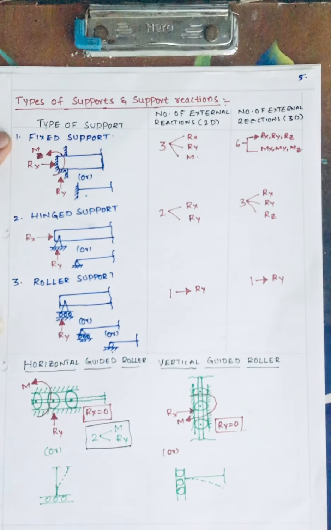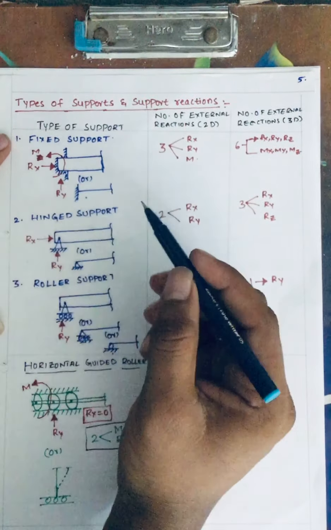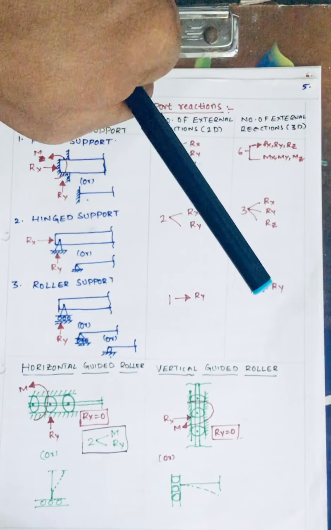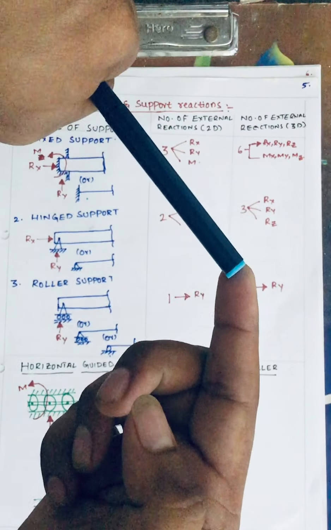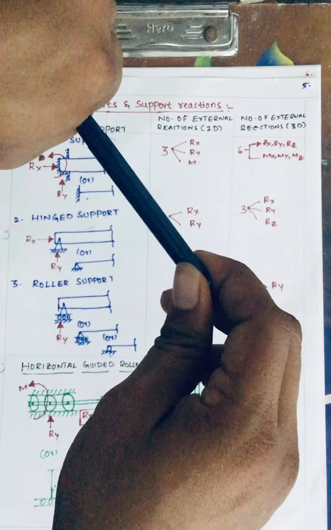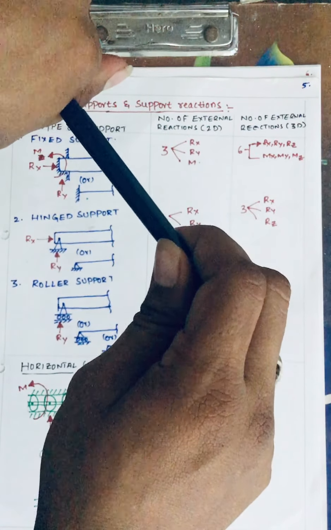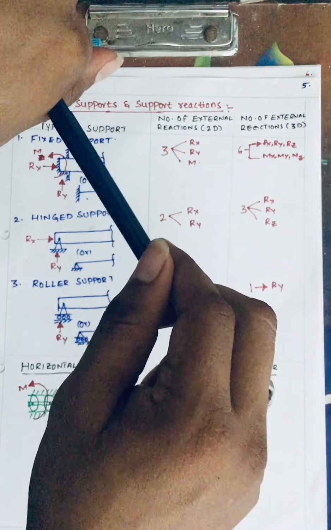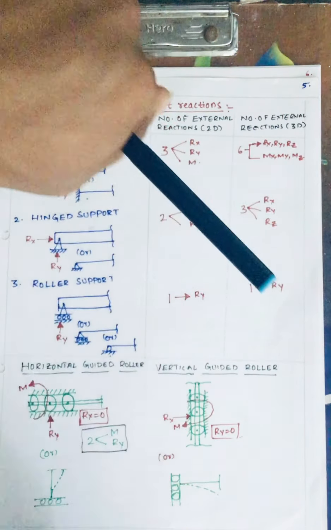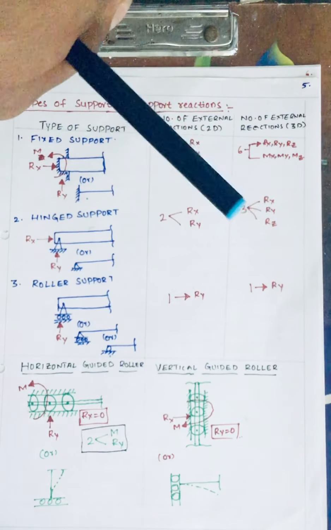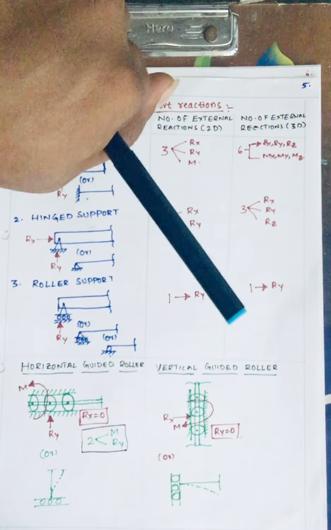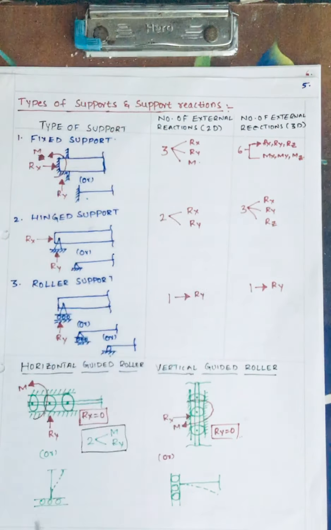Now if you take the first part, that is fixed support. If you hold a pen like this, it cannot move up, it cannot move down, and it cannot rotate. So how is it not rotating, and how is it not translating, moving down or moving in x direction or moving in y direction? So these I can call a translation, the technical term.